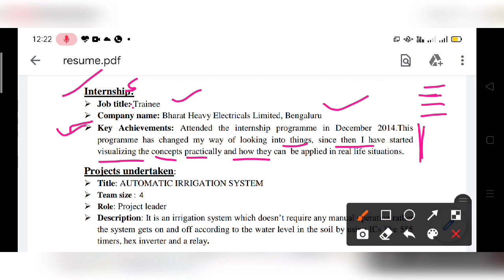See here, whatever you write over here, the sentence which you write, it has to be grammatically correct, right? And after this full stop here, one space is needed here. So these are the things that you need to keep in mind. And if it is only one internship, this much information is needed. If it is two internships, you can just put one. And the second one you can put side heading 2 like this, and then job title, company's name and key achievements. Or instead of saying company's name, you can also say name of the company. That is more appropriate.